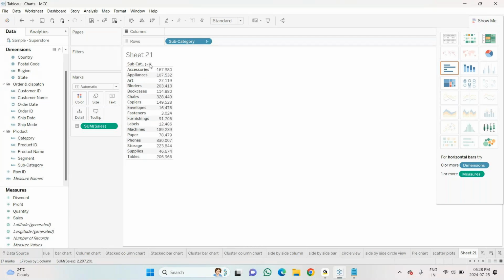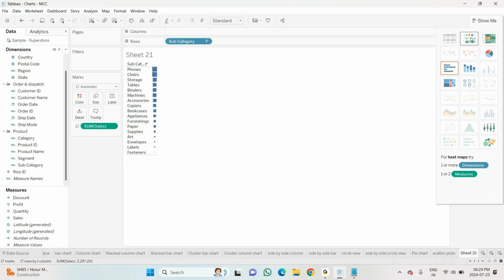Again, I have this drop down. I'll click on the sum of the value. So see, highest to lowest. Highest to lowest is the value. I'm showing this just as an example, because I'm going to change this. So phone is the highest one, fastener is the lowest one in the values of sales. Okay, and what I will do now, I am using this option. Can you see here, heat map?